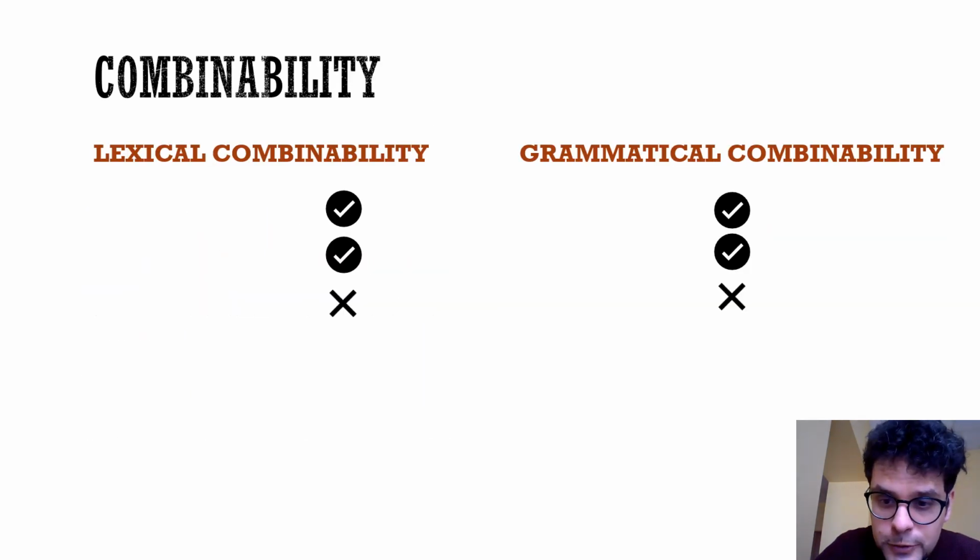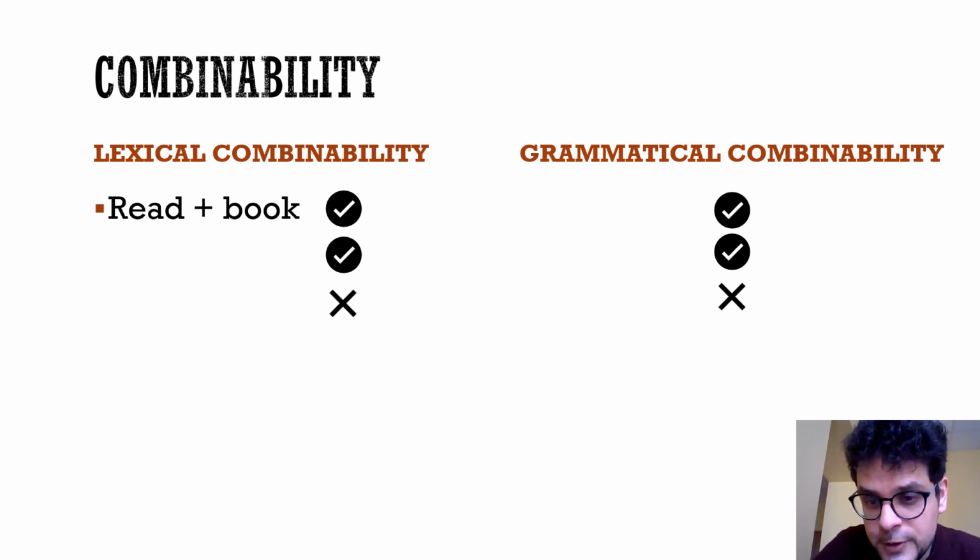Now, finally, let's move on to the meat of our talk. After this theoretical introduction, we can move on to the notion of combinability. Okay, so first of all, I apologize, it will become clear why these icons, but as you easily guess, some combinations are allowed and some are not. So that's why you see these icons here, the ticks and the crosses. First of all, we may distinguish between lexical and grammatical combinability, even though really there is more of a continuum between them. Lexical combinability often is semantically motivated.